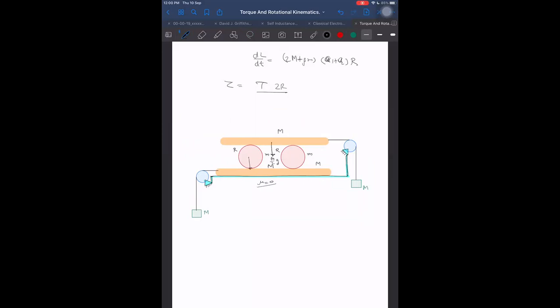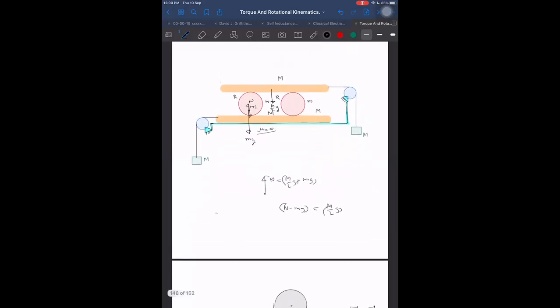And here it will be small mg, and here it will be normal N. Then overall, what are the forces acting on it? Normal is, as I told you, it will be M by 2 g plus small mg. And here also one more force is acting, that is small mg downwards. So what is N minus mg? N minus mg is just equal to M by 2 g. Is it right or not?